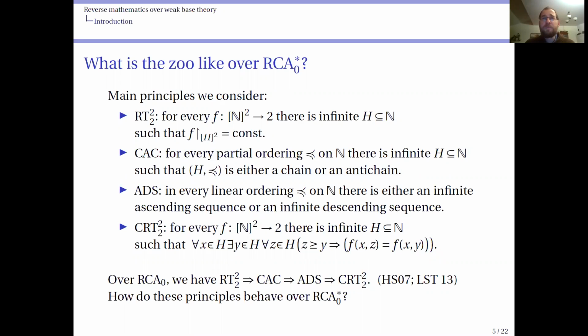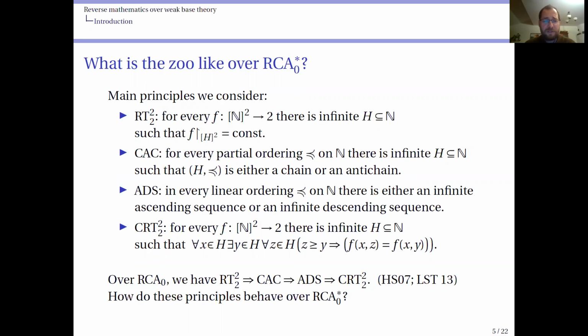Then there is a principle which is weaker still, the ascending descending sequence principle, which is about linear orderings. If you've got a linear ordering, say on the natural numbers, then there is either an infinite ascending sequence in it or an infinite descending sequence in it. And finally, something that's perhaps less widely known for people who don't study reverse mathematics as such,